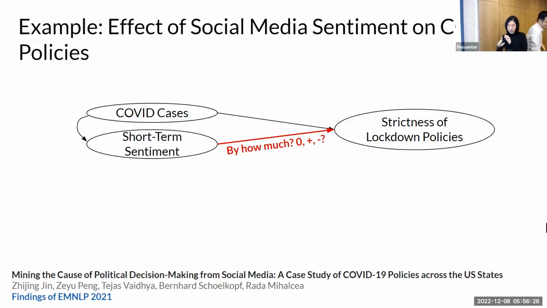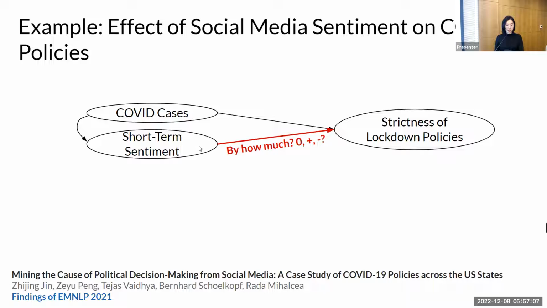Great. So as we have mentioned, Kun is a very hardcore statistician, and now I'm going to add a little bit of context from NLP. So this is the track of CSS and NLP. The causal question we're interested in is, when COVID just happened, what's the role that the NLP community could play? So we look into a causal problem about what the causes are for lockdown policies, and the NLP data we can have is social media data.